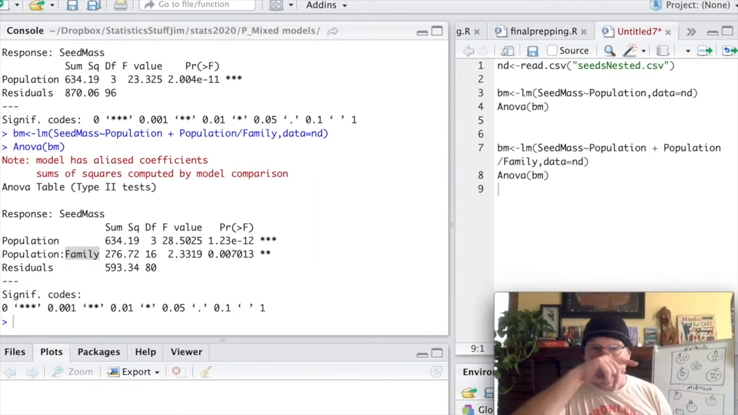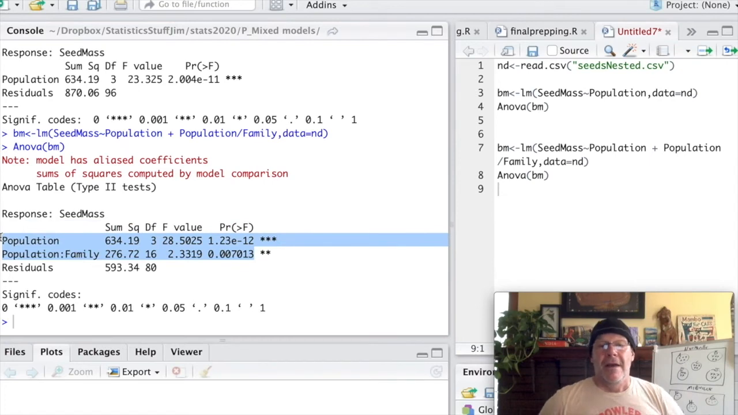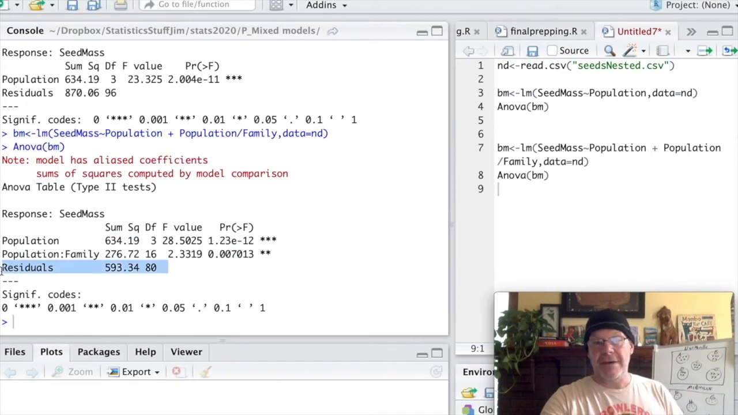Okay, so the reason why this is a very common error in the output here, if we look over here, is that the computer is always using the residual sums of squares as being the denominator when it's calculating the F statistic. So if we were to look at how it's calculating this F statistic here, the 28.5